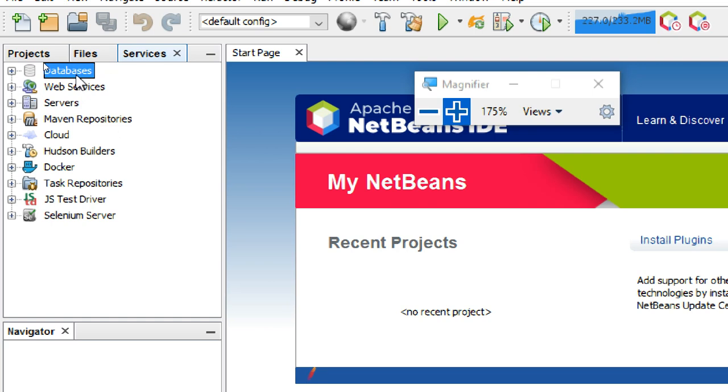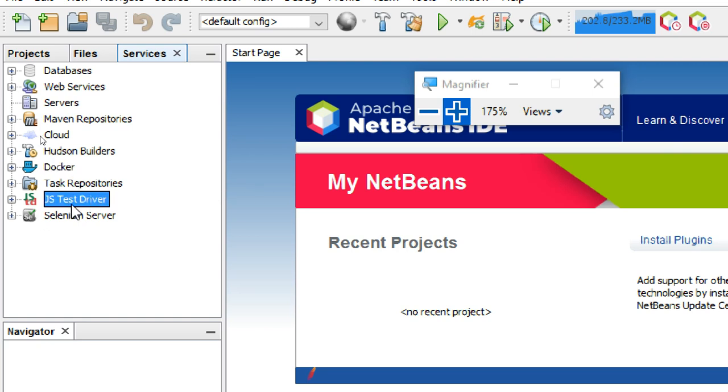Services means, for example, if you have a database, like I have Oracle on this machine, and I want to add an Oracle server here, I will add the database. If I have some web kind of services, or maybe Maven repositories, or servers, I am able to add them. Now it is not showing any server. If I want to add a server, right click and add a server. What is a server? Like Tomcat server, SQL server, Oracle server, any servers, usually web development related servers. You can add Docker also, so we will discuss the Docker thing, and at that time I will show you how to add Docker here if possible.